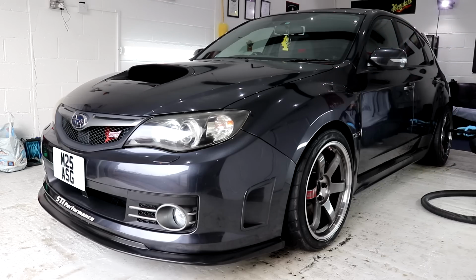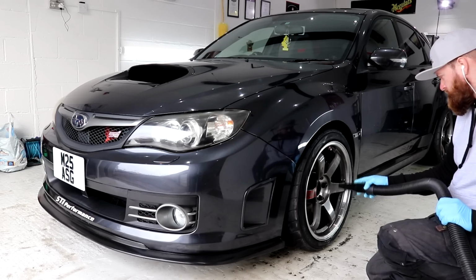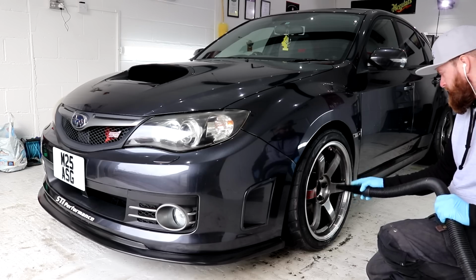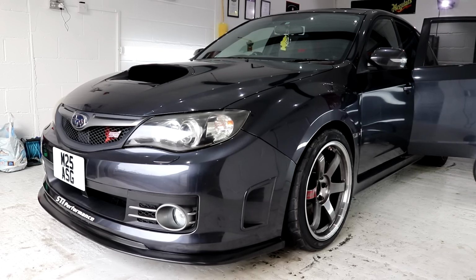A professional detail should always include this stage as quite simply it is the professional thing to do. I use a single engine 4 horsepower Metrovac Master Blaster and would highly recommend purchasing one for yourself. Mine was around the £200 mark, however Metrovac do make a cheaper version around the £80 mark called the Sidekick, but I don't have any personal experience using this machine. Blow dry the gaps and crevices to remove the trapped water and to eliminate any drips before moving to the